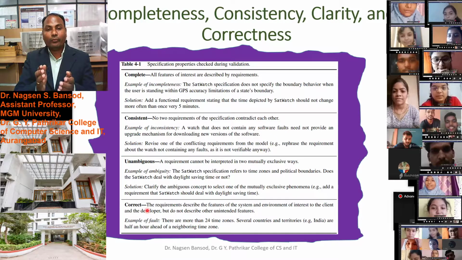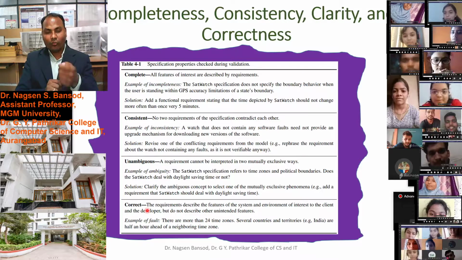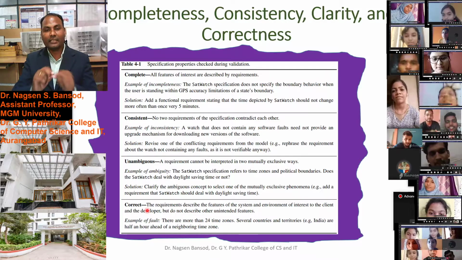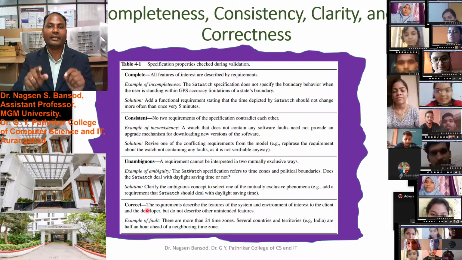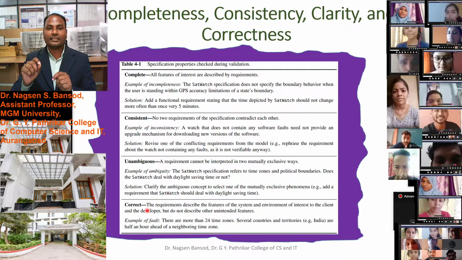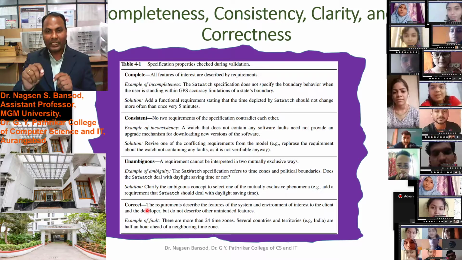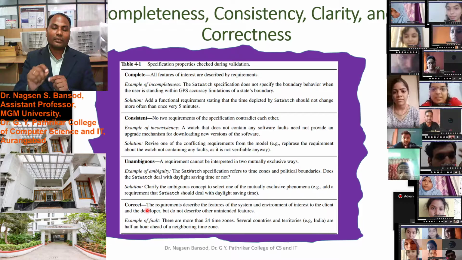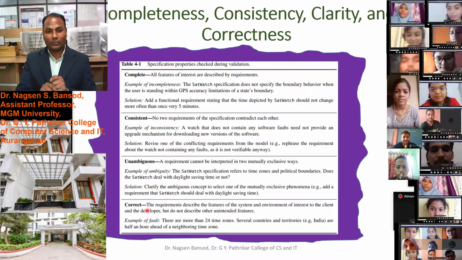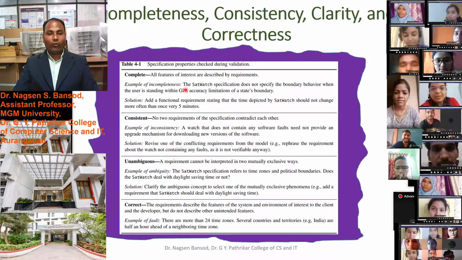We have to make corrections at the time of requirement elicitation. Once you have collected and written the requirement specification, at that time you should make corrections if there is something remaining or something we want to add to that information. That we have to do at that time only. These are the requirements validations.